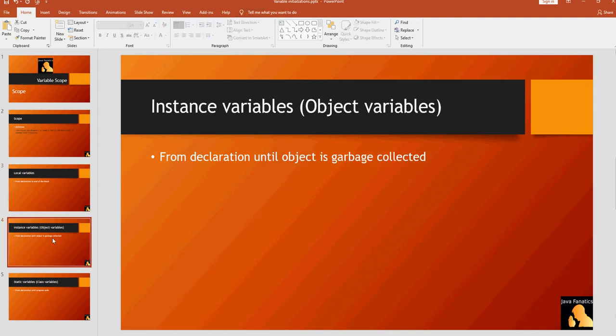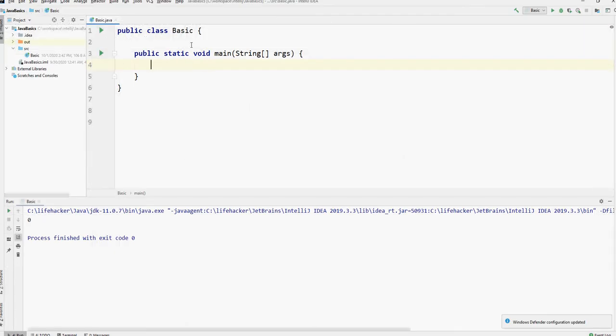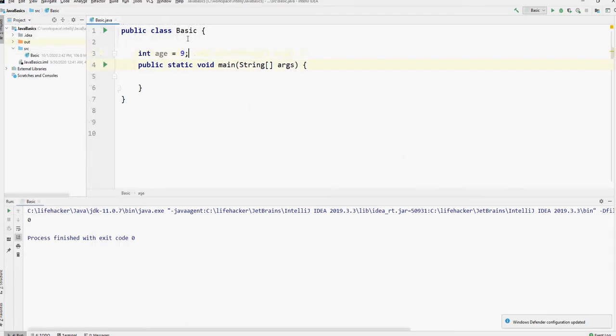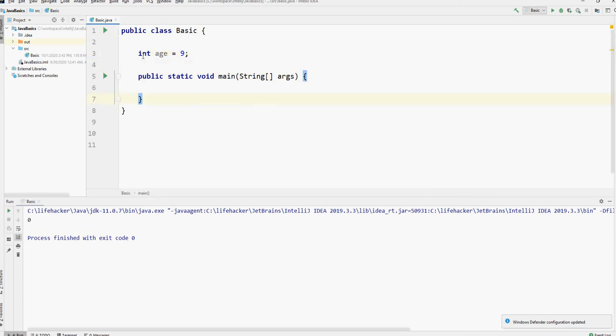Then we have instance variables. Their scope starts from the time of declaration until the object is garbage collected in memory. We know that this is an instance variable. This variable will remain in memory until the object gets garbage collected.